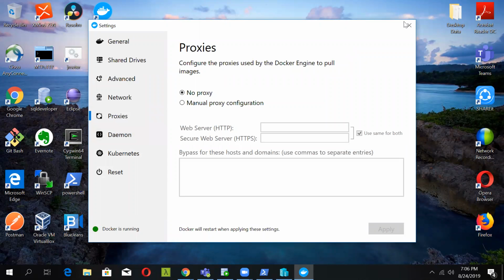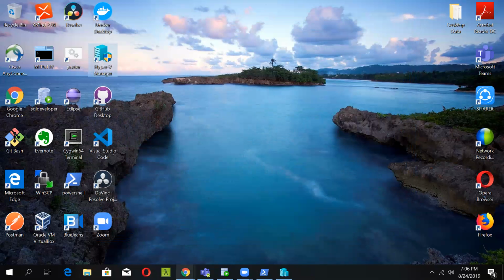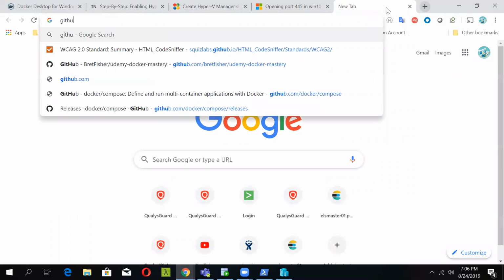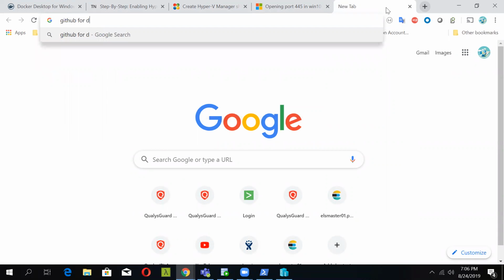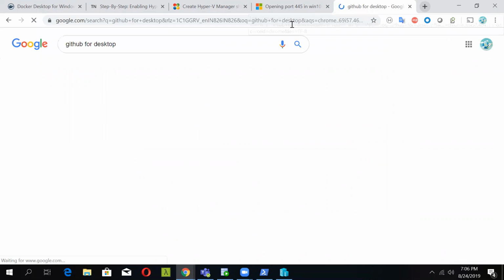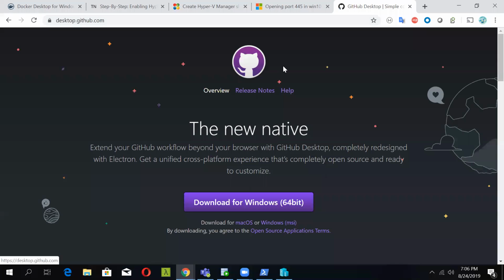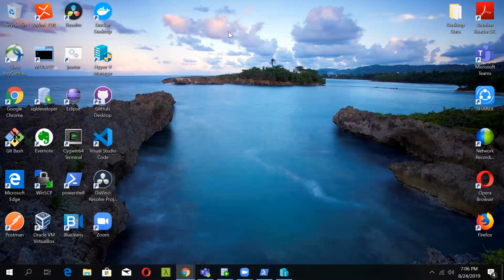After this is done, we will need to install GitHub. Just go in and type in GitHub for desktop, and you will click on this and just get the download for Windows setup. I have already downloaded the setup file, and I have already installed GitHub on my desktop. It will look like this. Just click on it,